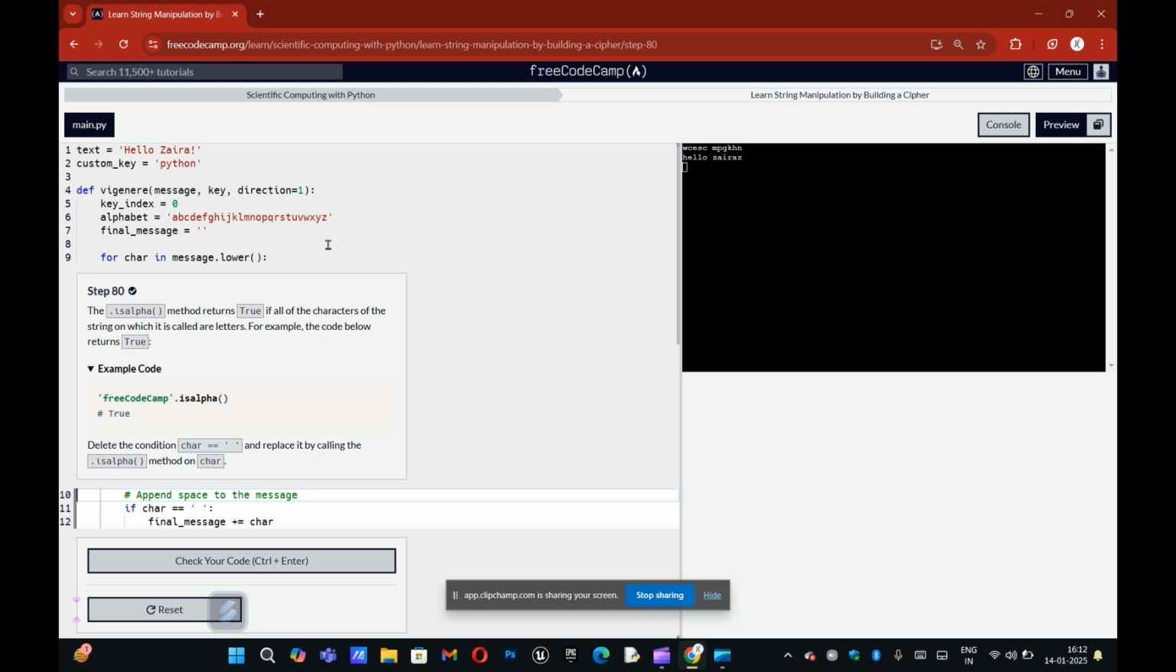But now we are just going to fix this problem using the dot isalpha method, which will return true if there are only letters in the string. So if there are only letters in the string, then the isalpha method will return true. But there is an exclamation mark, so it will return false. So now we are going to delete this comparison, and